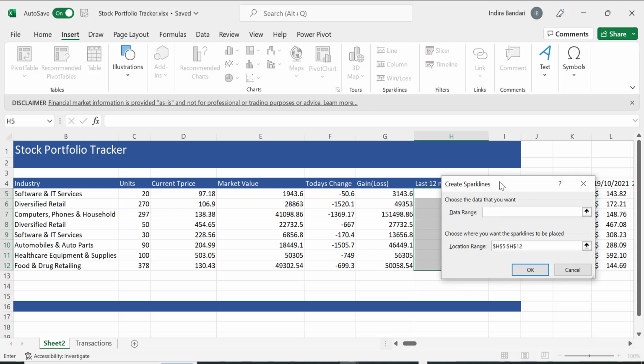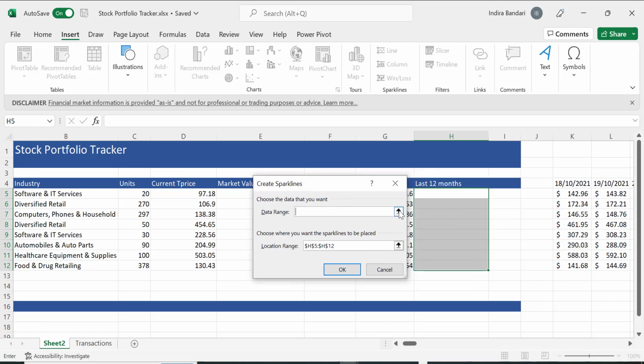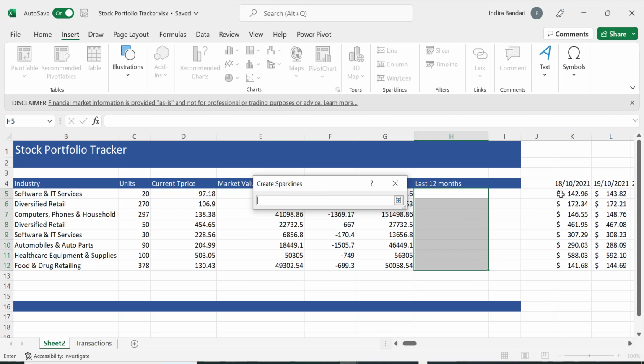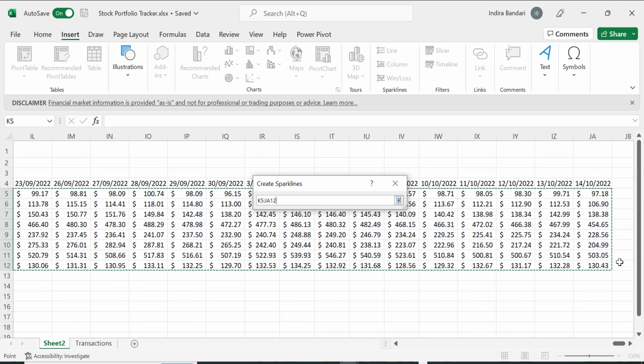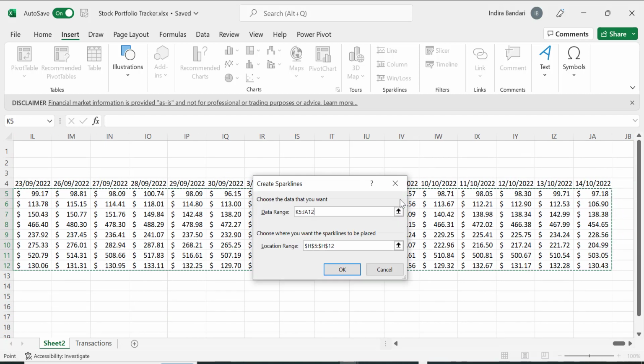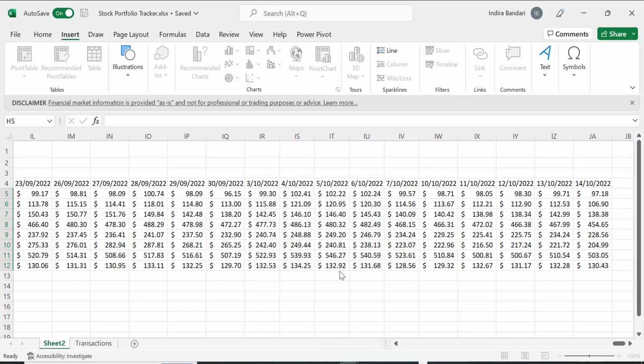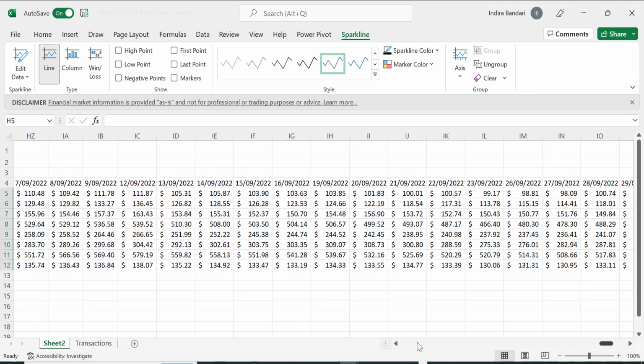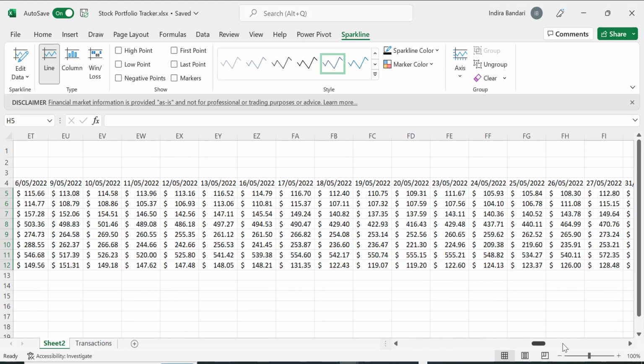When you are choosing the range, just choose the range from here till the end, and then click OK, and that will insert the sparkline there